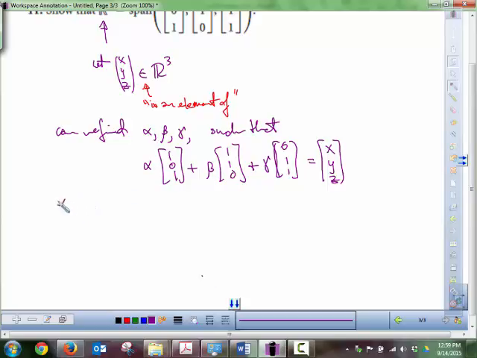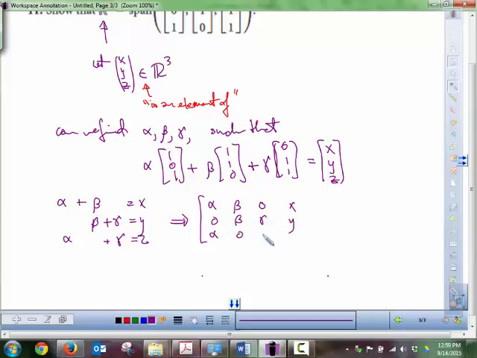So I'll multiply this across. We got alpha plus beta plus 0 is equal to x. We got 0 times alpha, 1 beta plus gamma is equal to y. And then alpha plus gamma is equal to z. And if we put this in matrix form, alpha, beta, 0, x, 0, beta, gamma, y, alpha, 0,